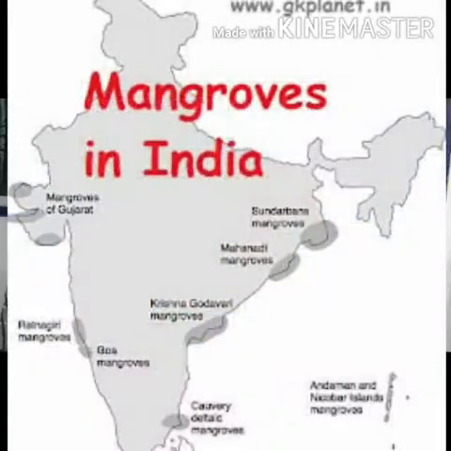Next is your tidal or mangrove forest. Tidal or mangrove forest is also known as the littoral forest, which means the forest on the seashore. By any one of the names you can know this type of forest. They are found in the deltaic part of the river Ganga, Brahmaputra, Krishna, Godavari, Mahanadi and in the Andaman and Nicobar Islands.